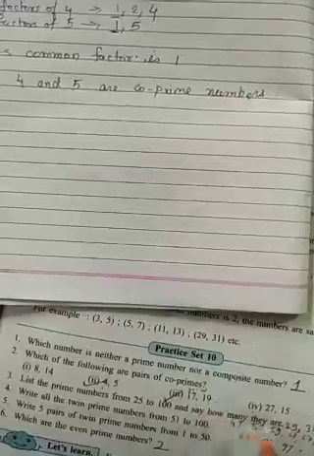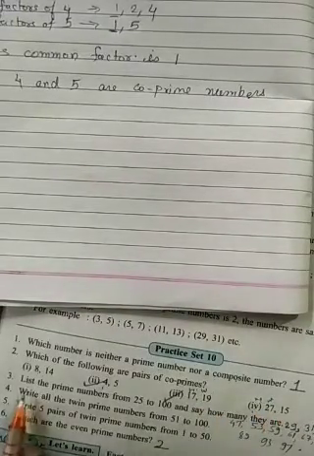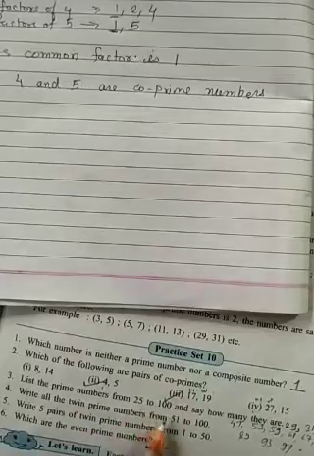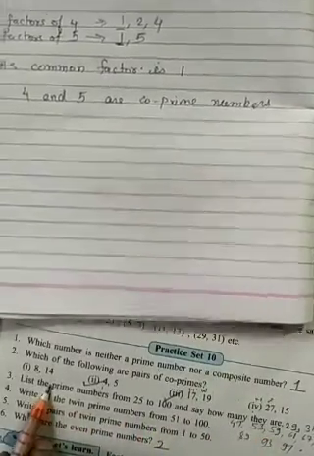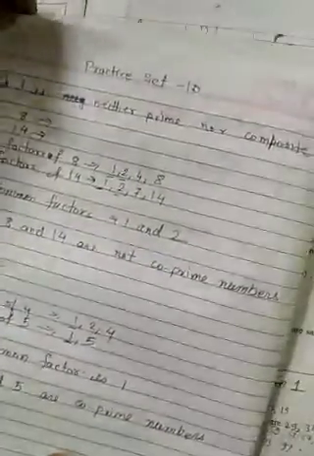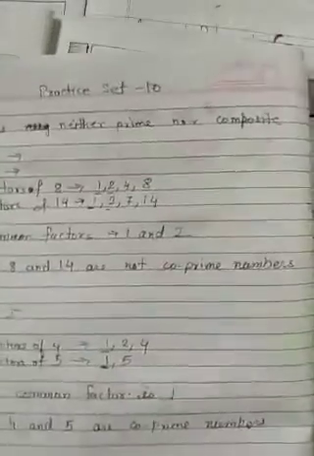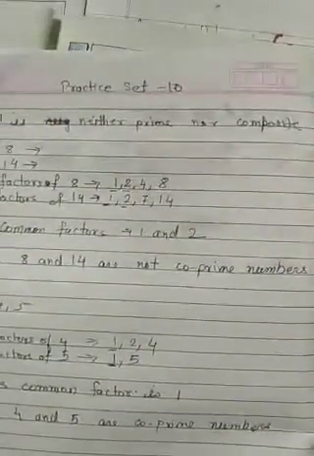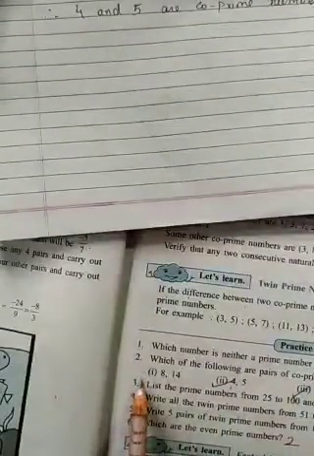This is your homework. Okay, and here, move to the next one. List the prime numbers between 25 to 100 and say how many they are. Then this is your homework. As I explained in the first one, prime numbers are those which are divisible by 1 and the number itself. Then this is also your homework. The third one is also your homework.